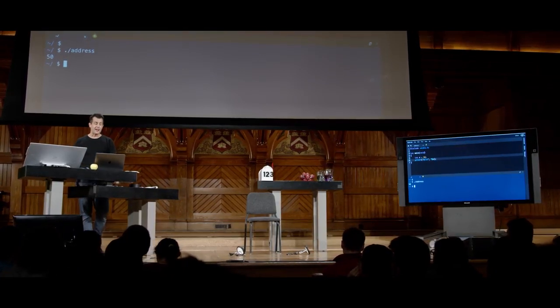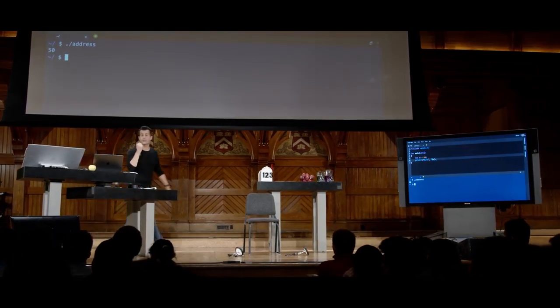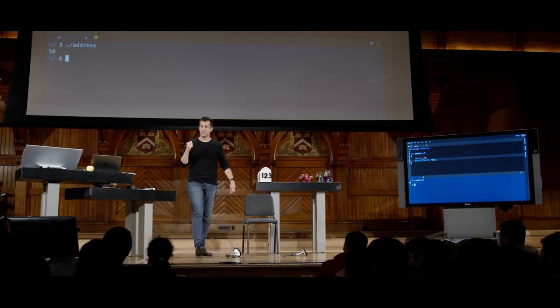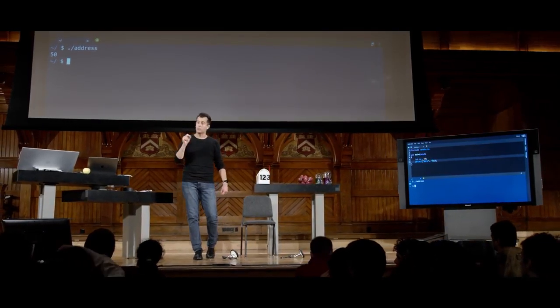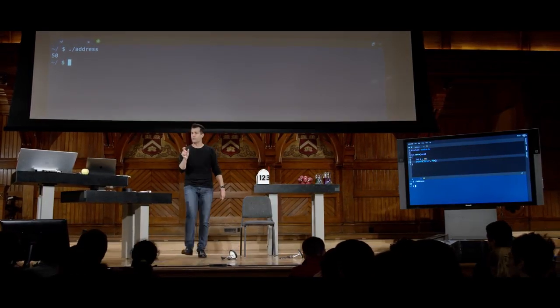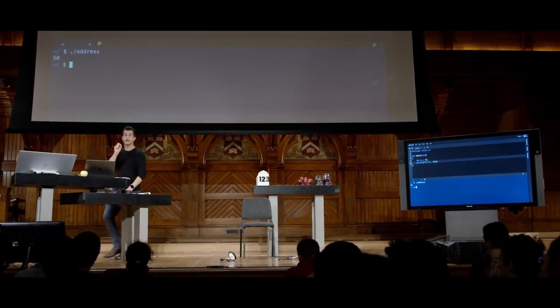Really good question. Yes. So if I had remembered the address, maybe it was 0x1234567, I could actually hard code that address in my program and tell the computer to go there. The syntax is a little different. I would have to coerce it using a cast, but I could make that happen.